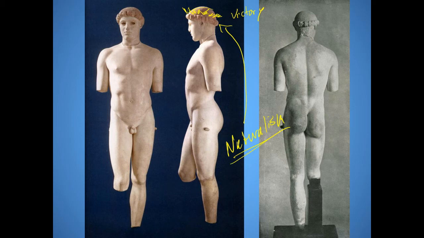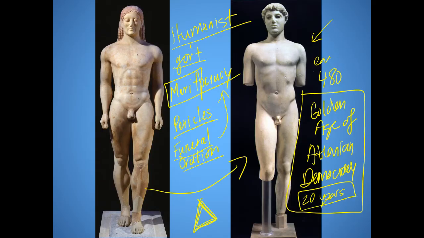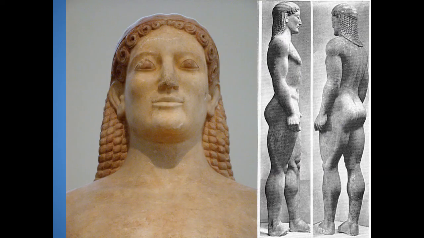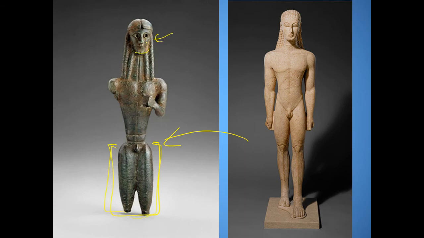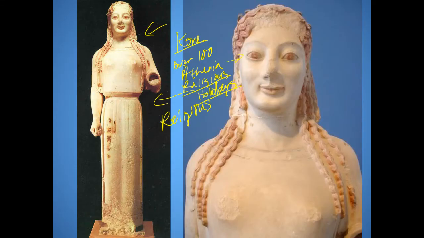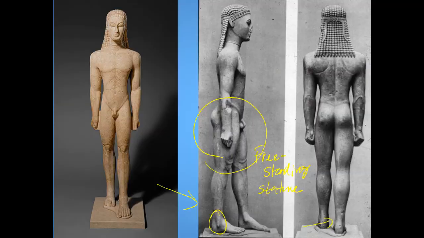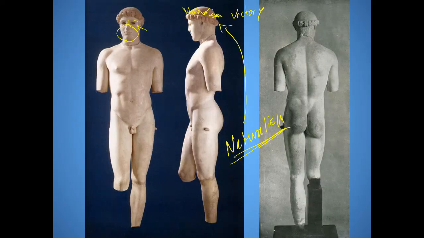The naturalism is heightened by the drilling out of the eyes, and probably with the inclusion originally of glass eyes. Look at the mouth. The mouth is really quite interesting because for hundreds of years, the Greeks had something we call the archaic smile. We don't really know why, but they seem to put a smile on every single statue. Remember, this statue represents the dead, and yet they put a smile on it. You see the same archaic smile here, and here. It looks like a goofy smile right there. So it's a clear indicator of the archaic period. We're not sure why they did it. We think they might have thought that it heightened the naturalism.